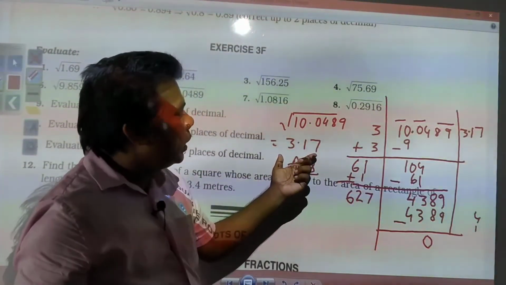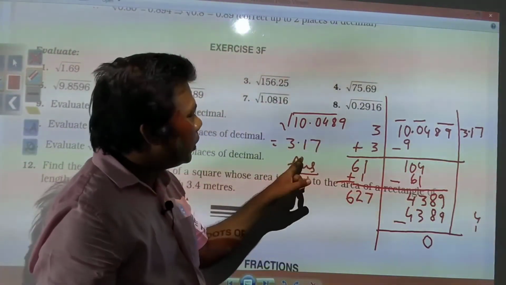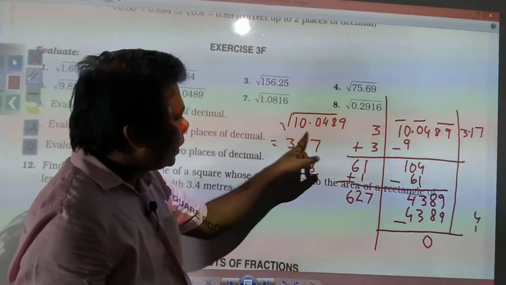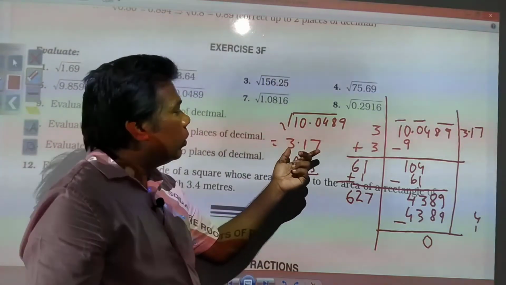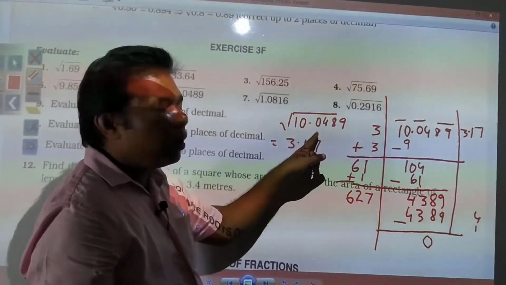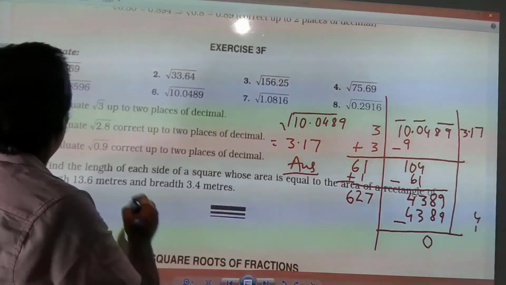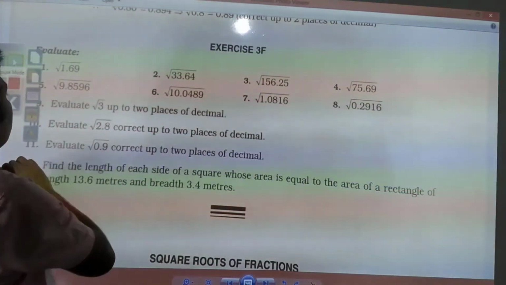Again, if you need to check your answer, what is needed to be done? This 3.17 is required to be multiplied by itself, and you need to see whether this number is coming or not. Next you see,